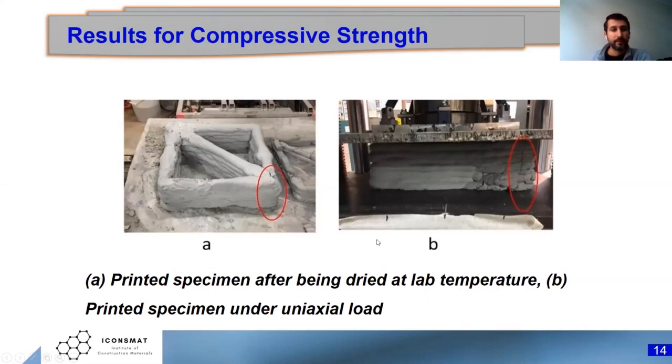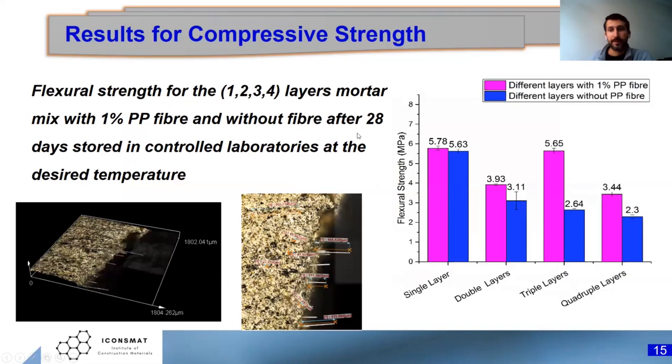And the results for compressive strengths with the PP, when we have been using one layer, double layer, triple layer, or 4 layers. We got various results, as you can see for flexural. The results are not really good: when increasing the layers, the flexural strength reduces, because we have figured out there is a lot of gap between the layers and a lot of porosity